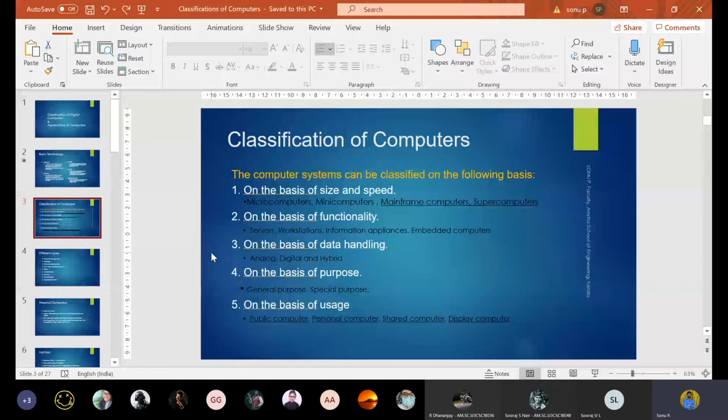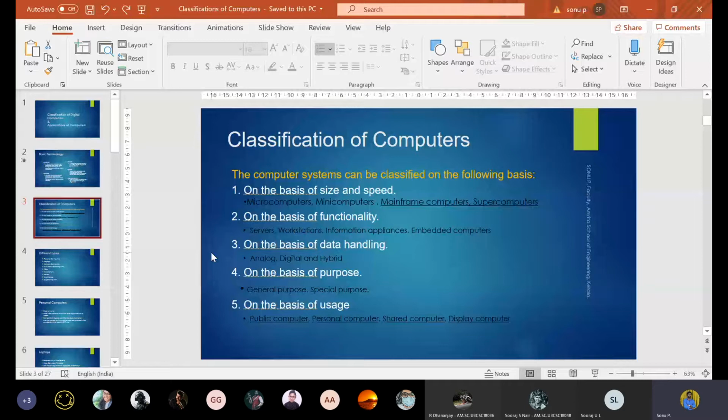I am not going into deep. You can find it in computer resources; you will have enough resources available. So for the assignment part, you can write a detailed write-up about the classification. These five things for classification of computers based on these factors can be considered a huge impact. You can understand it clearly by looking into different resources.